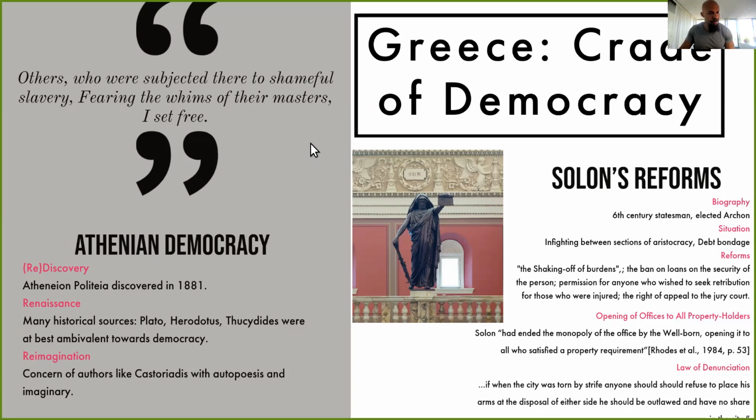The rediscovery is attributed to the fact that for millennia, we actually had no direct knowledge as to how Athenian democracy or other Greek democracies functioned. In fact, we knew more about the Spartan societies than others, and many historical writers were very much enamored by Sparta and saw it as an example of stability